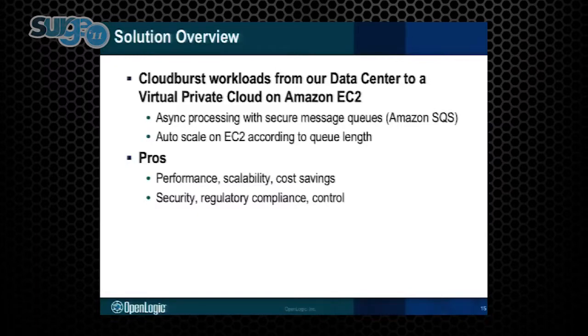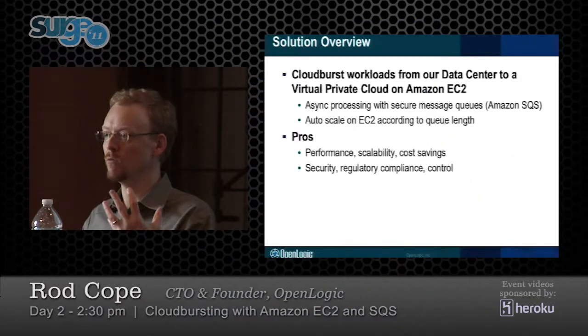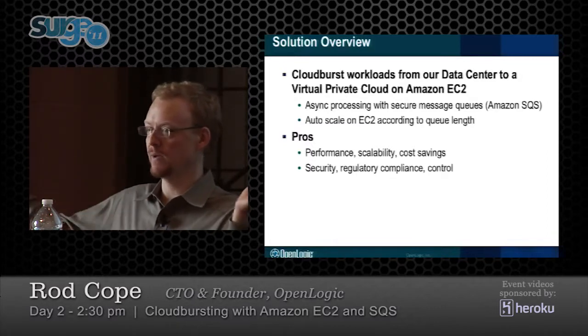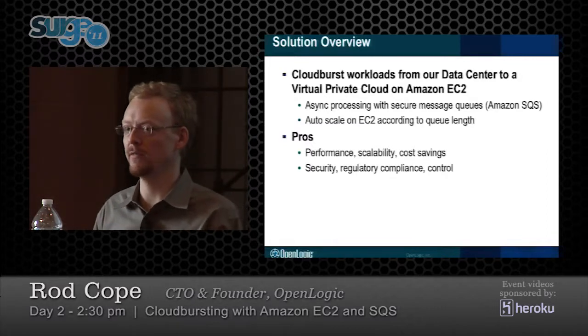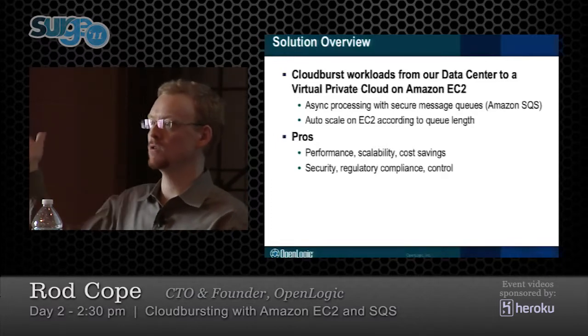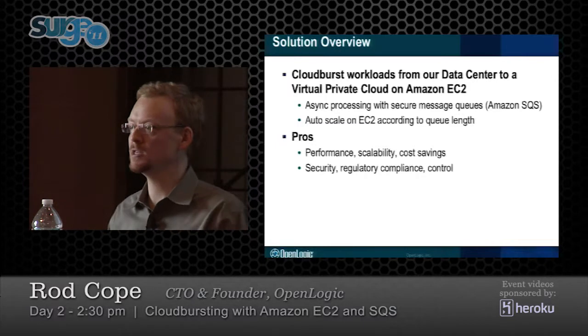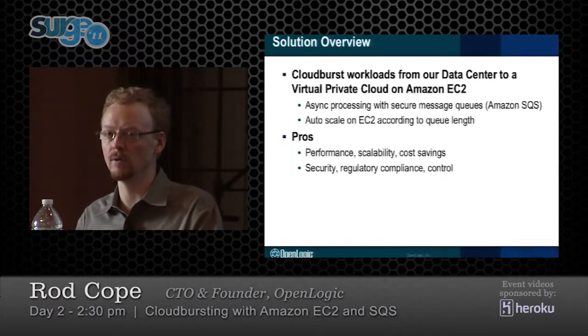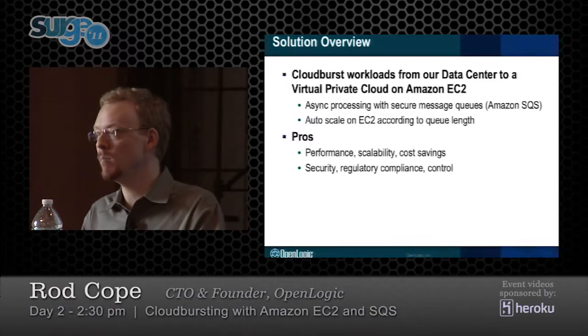So the pros are we get better performance, right? Because we kind of get the best of both worlds. We have the in-house, the data center processing, which gives you the rapid performance on those local jobs. We get scalability because we can fire up as many machines as we want in the public cloud to process in parallel. And we get some cost savings because we don't have to buy all those all the time. We can burst only when we need them and shut them back down. So it might be an hour a day or a couple hours a week, a day a month,